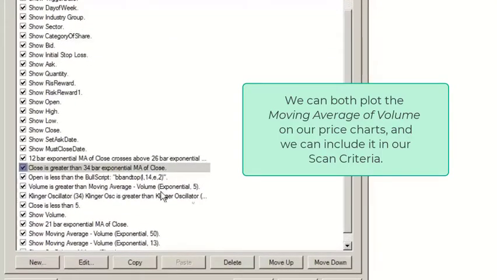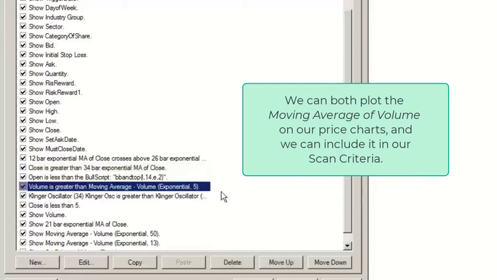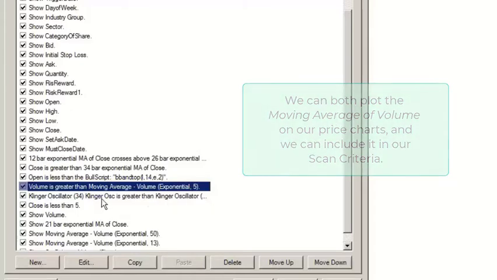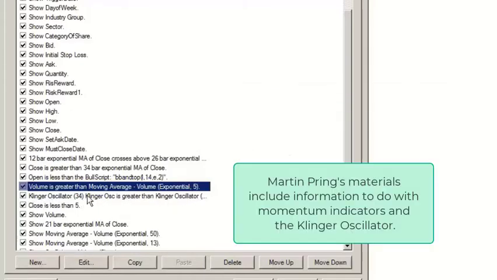I'm looking for the volume to be greater than the moving average volume of exponential 5. That seems to kick in well. If I untick that and don't run that in my back tests, I get some pretty average results. So this is really primarily about price and confirmation through the momentum that's happening. And that drew me to, and I'm not an expert on this by any stretch of the imagination, I do have the Pring manual, which looks at all the momentum indicators. I've done some reading on it.